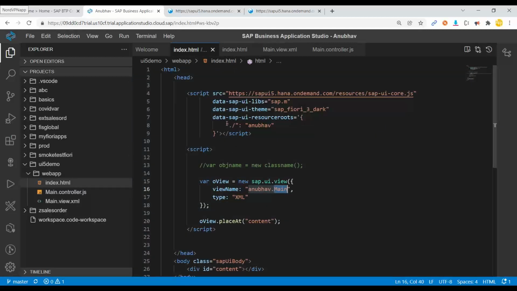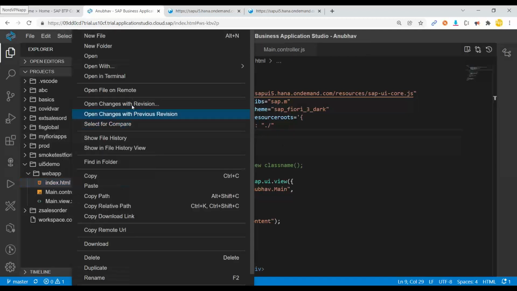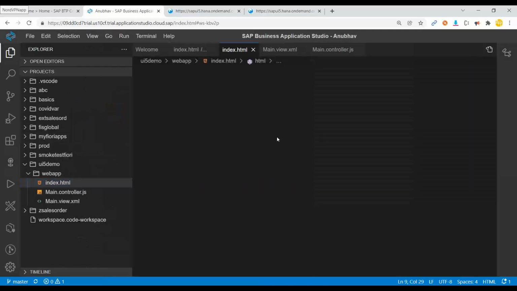There is a slight change here. We have to put the namespace first, the name first, and then the folder path second. Let's give it a try now. So we can right click, and voila, you can see the button is there on the screen. Awesome. Superb. So now we will click, and oops, still my Mickey Mouse is not coming, which means